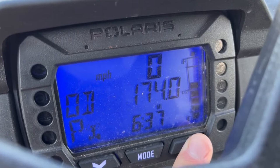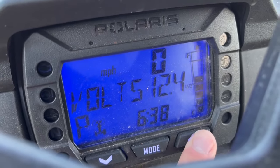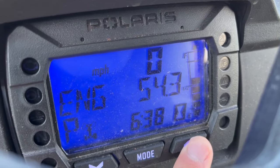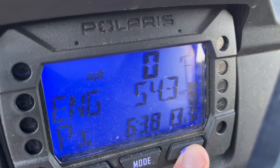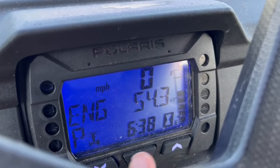So we got 174 miles. And we got 54.3 hours, I believe that is, on the engine. So actually, we didn't even hit 100 hours yet. I actually did the